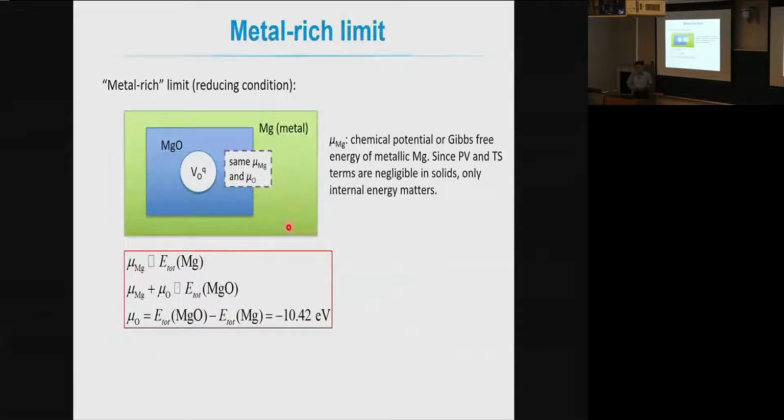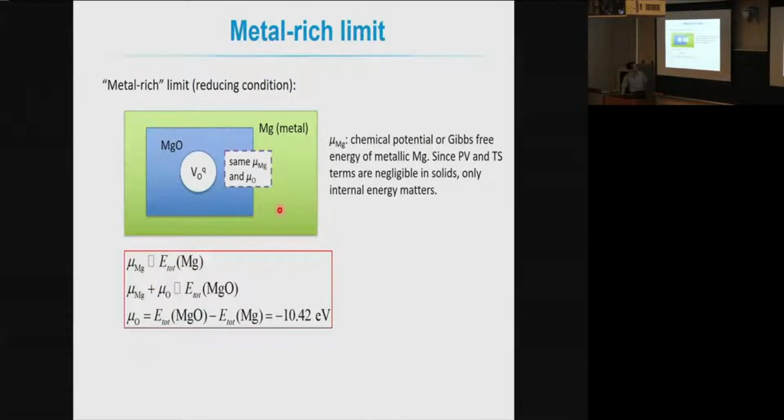All right, so another limit is the metal-rich condition. In this case, the environment is, instead of oxygen gas, magnesium metal. So MgO is in equilibrium with the magnesium metal. In this case, the chemical potential of magnesium is simply the energy of the solid phase, the magnesium energy. Of course, it should be the Gibbs free energy, but similar to the previous discussion, the entropy and the volume change pressure part is negligible. So by neglecting it, we are just keeping the internal energy part. Okay, so the magnesium chemical potential is fixed to